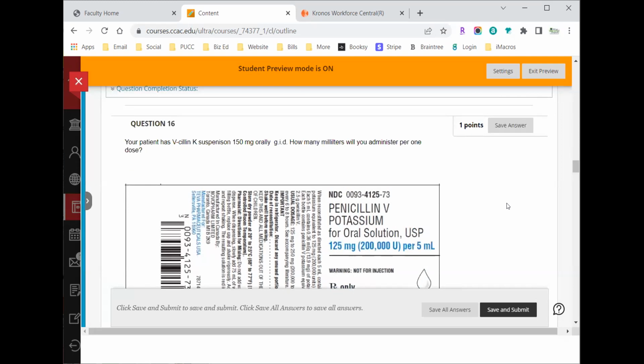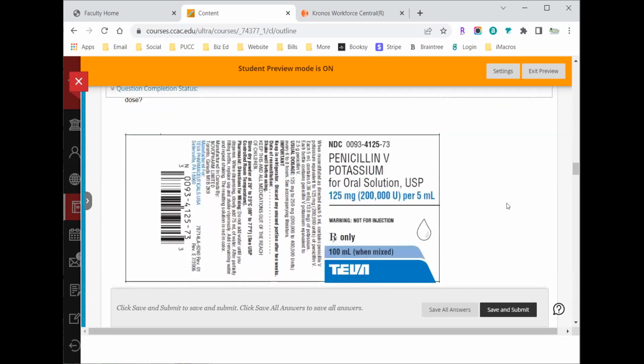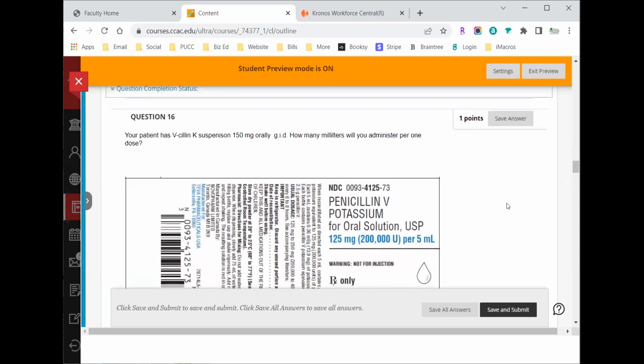You have V-Cillin K suspension. So remember, suspension tells you that it's a liquid medication. Okay, 150 milligrams. I think that's supposed to be a QID, but it doesn't really matter because it just says how much would you administer per dose. You can see that the available is 125 milligrams per 5 ml. So 150